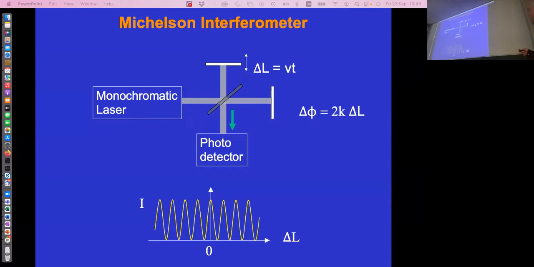And I can write down the phase difference between the waves reflected from the reference and the sample arm as 2 times the wave factor k. And the wave factor k is defined by